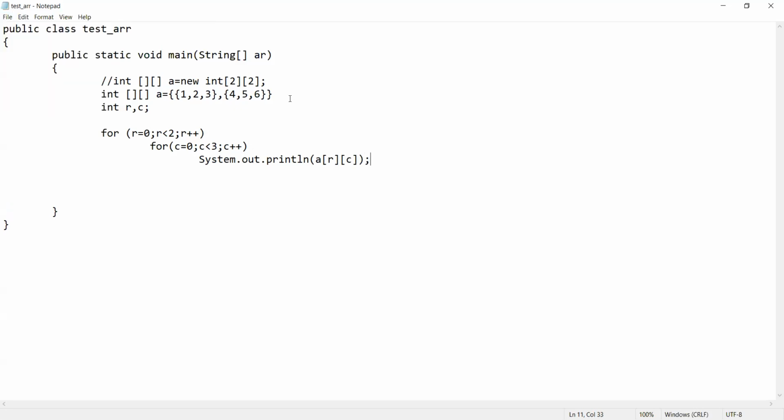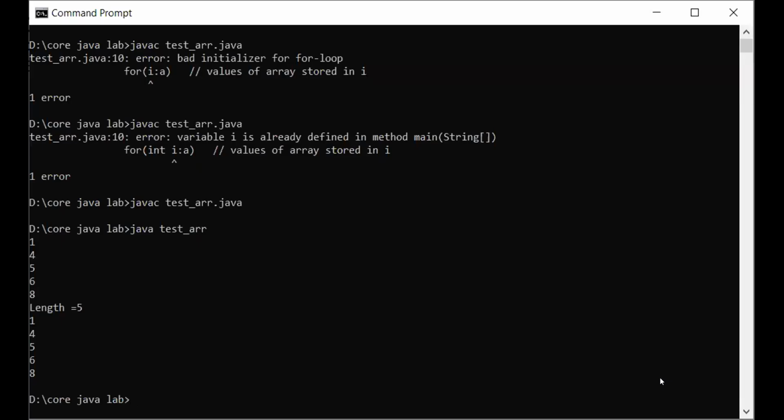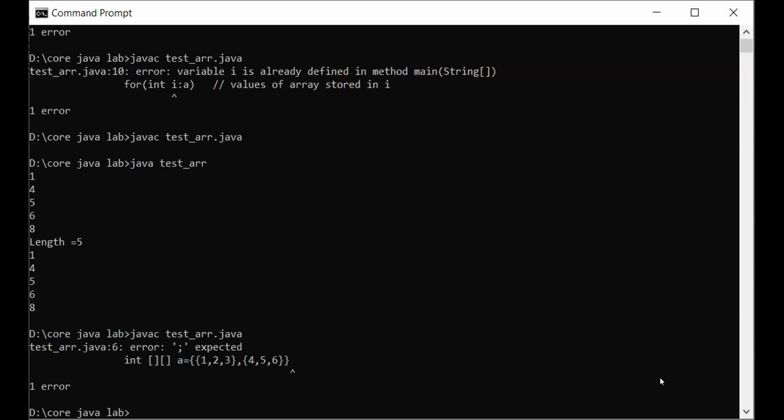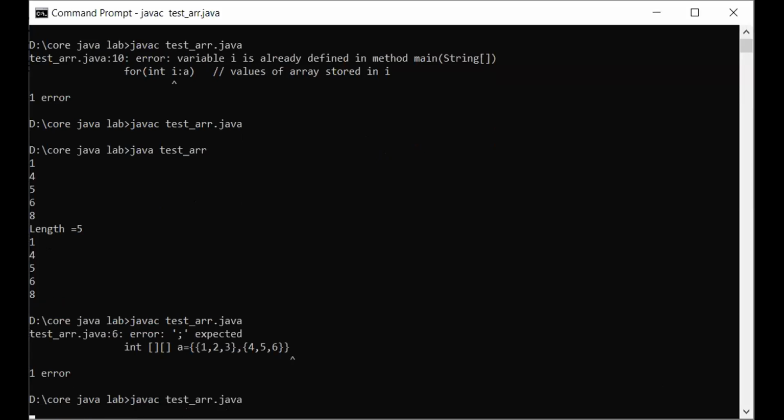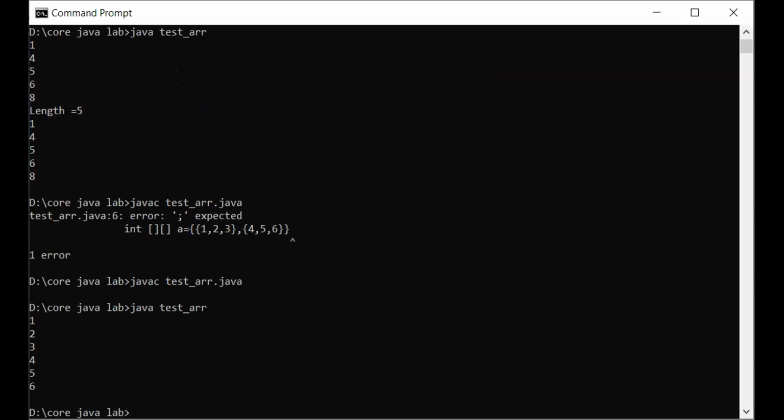Now let's try to run this program. So we'll share the screen. Okay, semicolon is not there. Program is compiled. Now you can see that the double dimension array is displayed now. What you can do, if you wish to see the rows separately, then we can apply one logic.